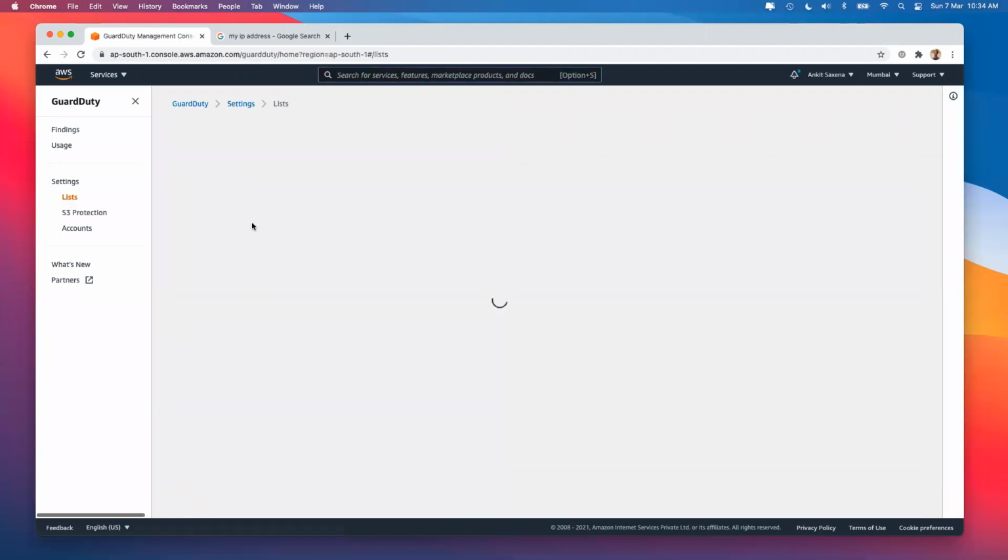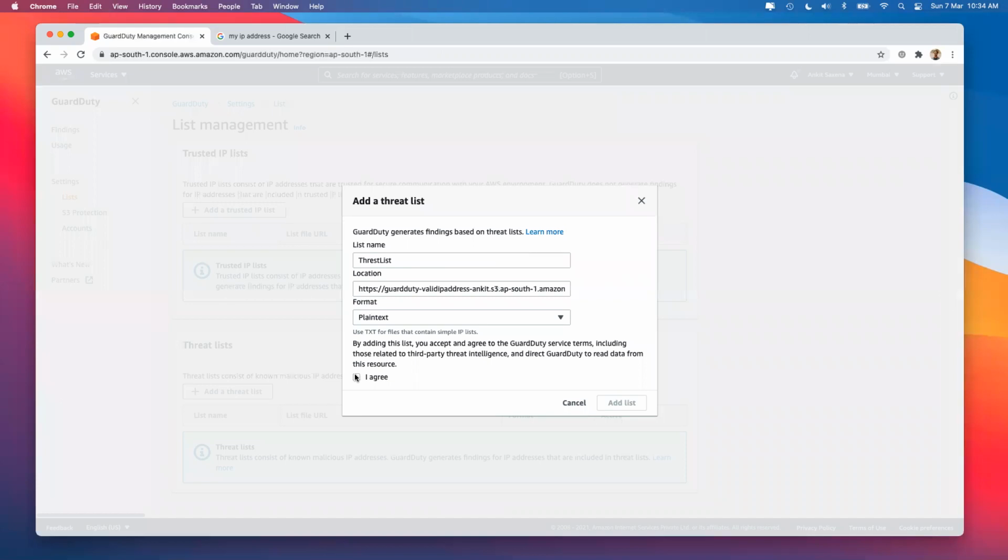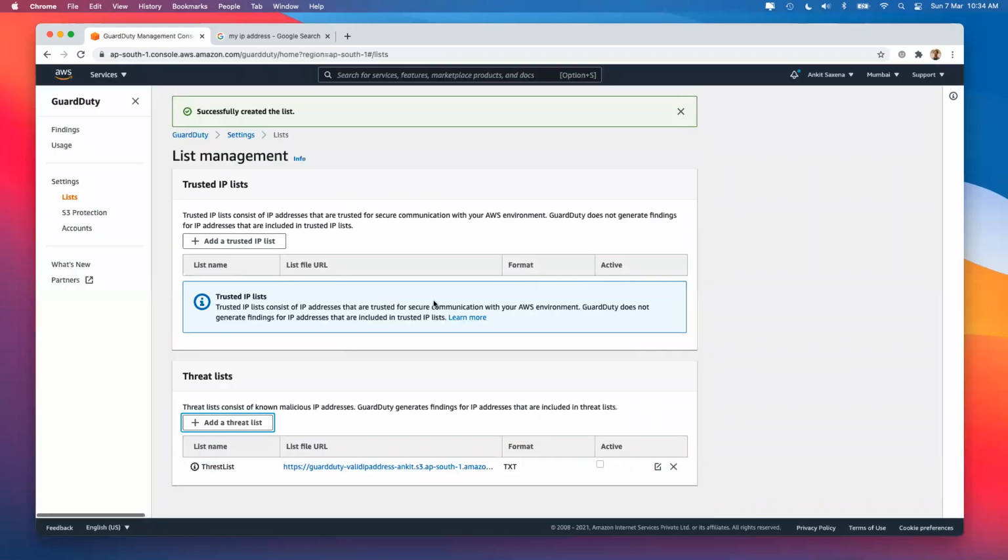By going to list, you can add the list here. Give a name like, let's say, threat list, say that it's a plain text file, click I agree and click on add list. Once that's done, it will show up over here, but you will still have to make it active. So that's how you can make the list active.